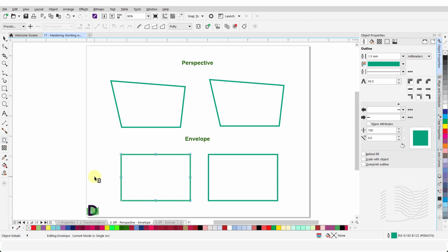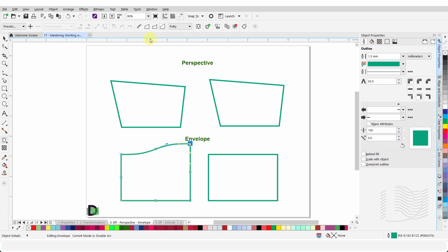You will note that a dotted line shows up along the selected object's outline. You will also see the nodes along this outline. From the Properties bar, I will click on this icon for double arc mode. Then to change the top portion of the outline into a double arc line, I will grab the node in the top right corner and move it up. Release the mouse button when I get to the desired point.